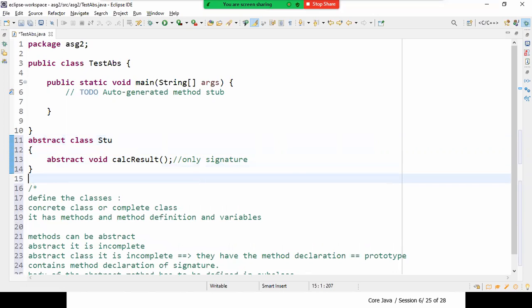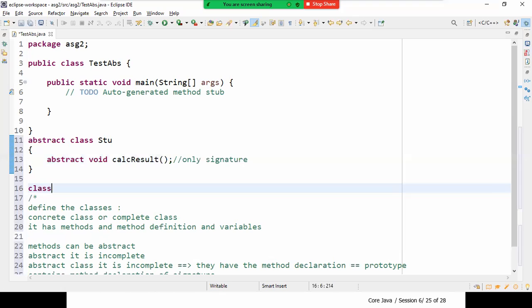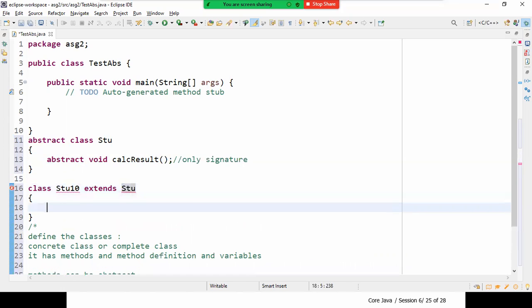Then I'll define a class called Stu10, class Stu10, which extends the class called Stu.